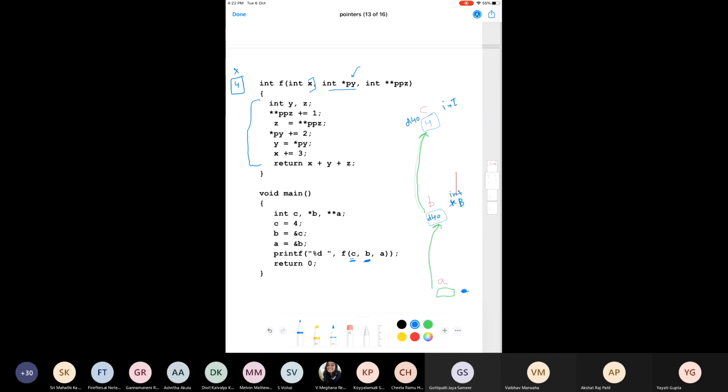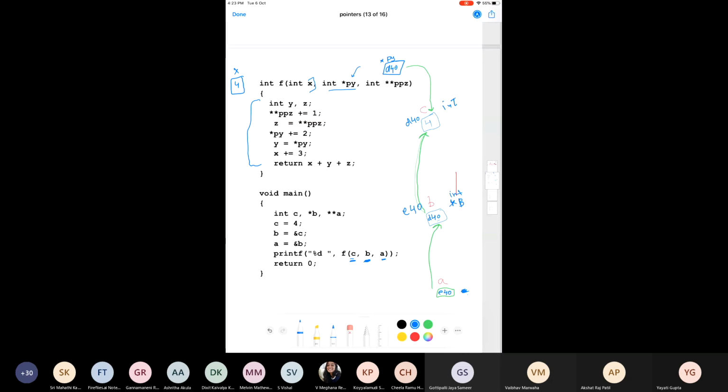So this function creates one more variable, right? This is a pointer type of variable, which is py, but the value inside this pointer type of variable is D40, which means where is it pointing? It is still pointing to this C here. Okay, what about A? A is a pointer to pointer which was holding the address of B. Assume that the address of B was E40. So A here had E40 inside it.